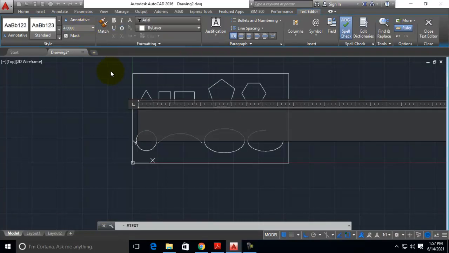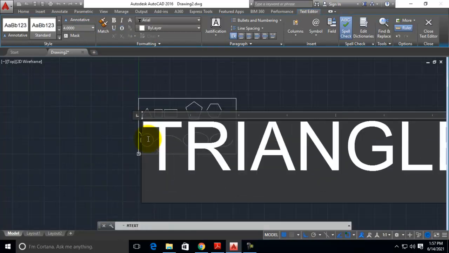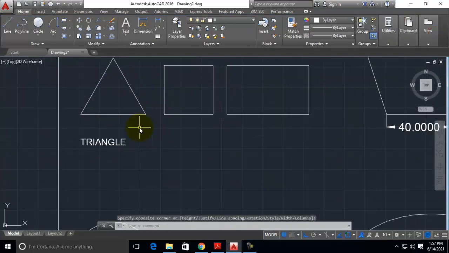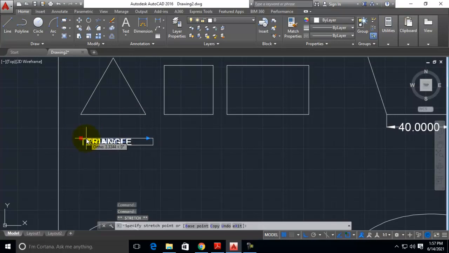Now you can type triangle, then close the text editor. It is showing triangle here. We can move it in such a way that we can move it easily, like this.